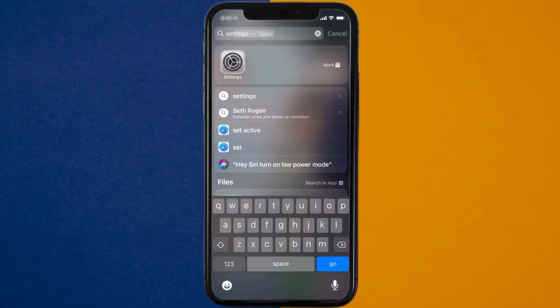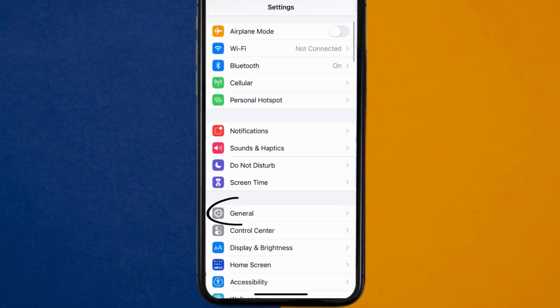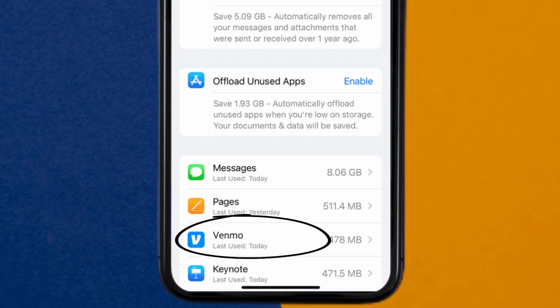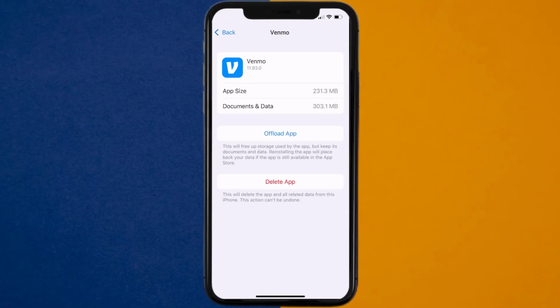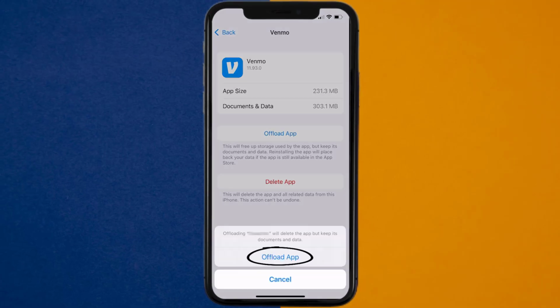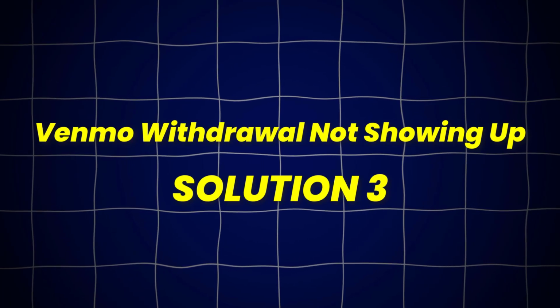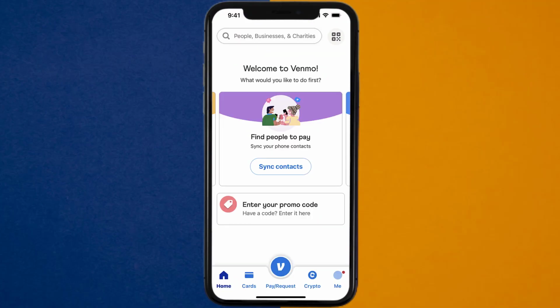Go to your device settings and then scroll all the way down to General and tap on it. Then tap on iPhone storage. From here, search for the Venmo app and then tap on it. Once you're on this screen, you need to tap on Offload app. Tap again to confirm. It'll take a bit for processing, and then a reinstall button will show up. Simply tap on it to reinstall the app. This should fix Venmo withdrawal option not showing up, but if it doesn't, then open up the Venmo app on